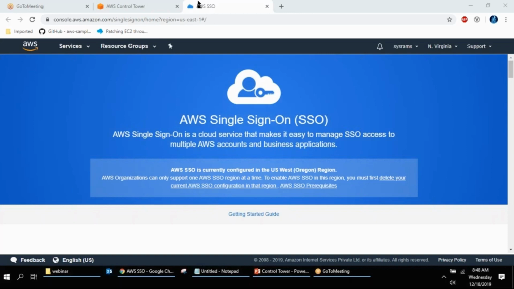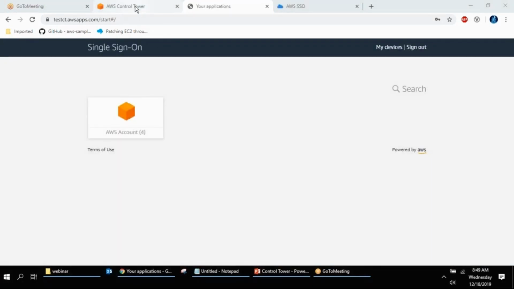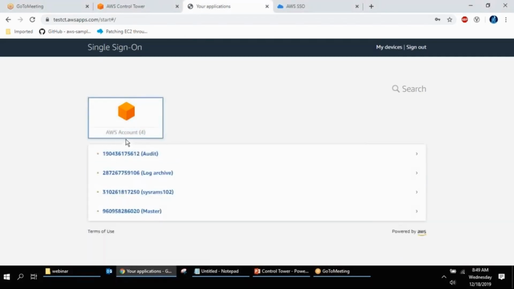So I think it's taking time. Okay, so see when you click it, this is a Service Catalog. The problem was I used a different user account now. When you click, see how all the accounts are listed.